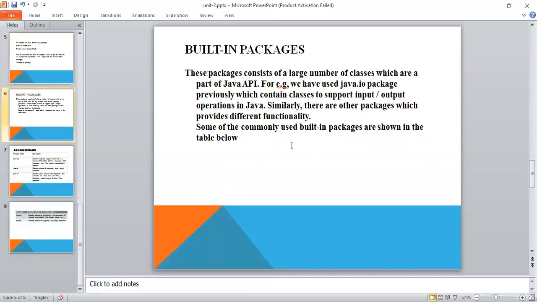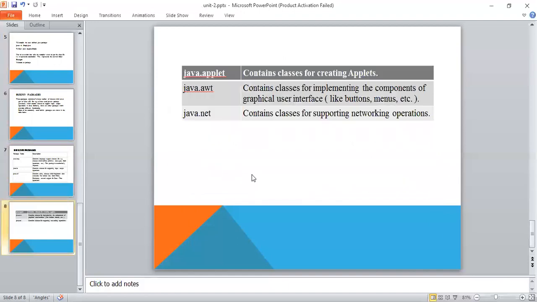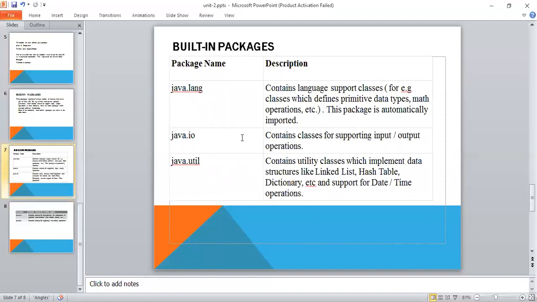Now coming to the built-in packages. I already told you built-in packages are nothing but the packages which are predefined, already implemented in the Java language. So what are the built-in packages we have in Java? These are a few built-in packages. First, the java.lang package.